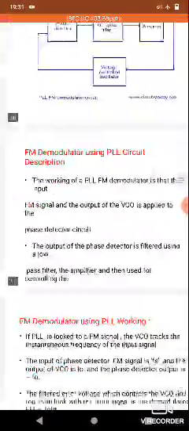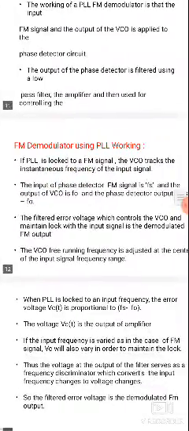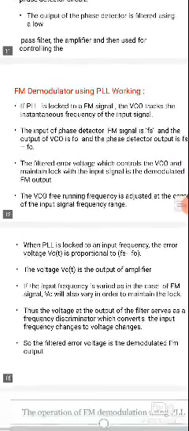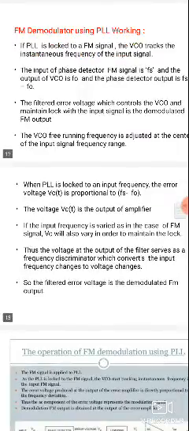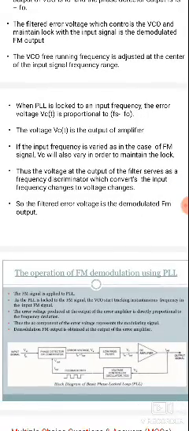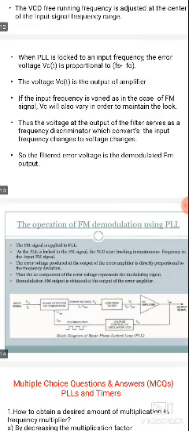Frequency demodulation. In demodulation, first the phase detector and voltage controlled oscillator check the input signal. If an error voltage is present, the error voltage controls the VCO. It will maintain the lock range with the demodulated output. In free running, the VCO's free running frequency is adjusted to the center frequency of the input frequency range, and in the locked range, the error voltage is proportional to the control voltage Vc(t). The Vc(t) is nothing but the output of the amplifier.